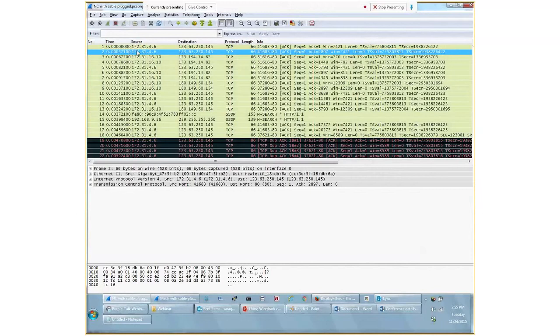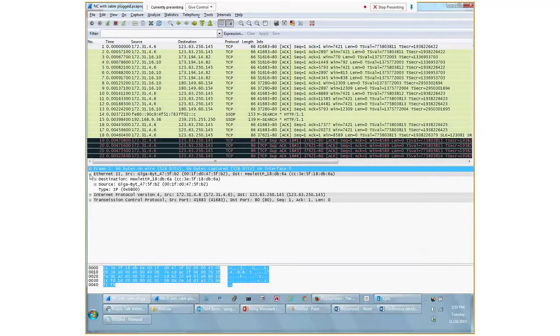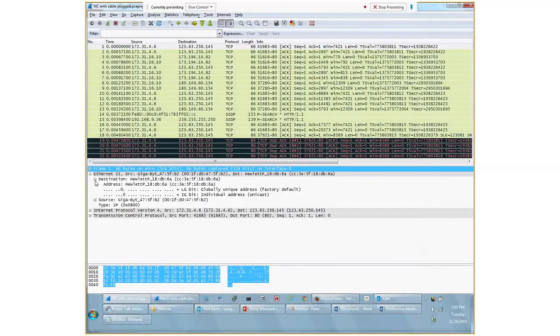So if you click on each one here, the information for each packet, what is the source and destination MAC, what is the IP address, what is the TCP information, everything will be listed at the bottom. If you click on the plus here, you can see more information related to that. So first I'm checking information about the MAC addresses. So if you see here, there is the destination MAC and the source MAC address. It's a very useful tool